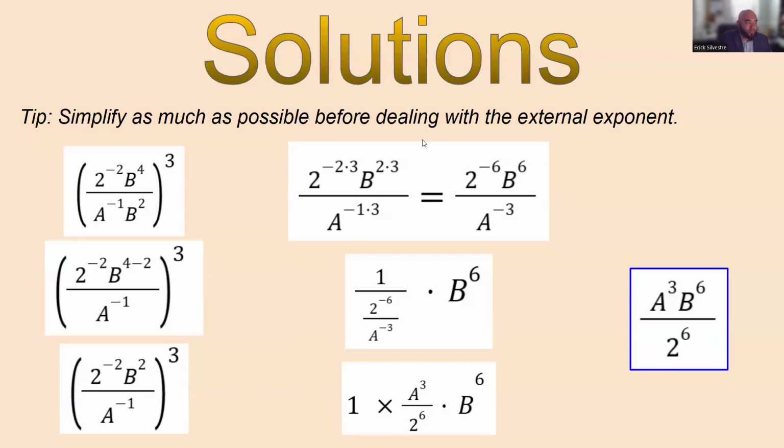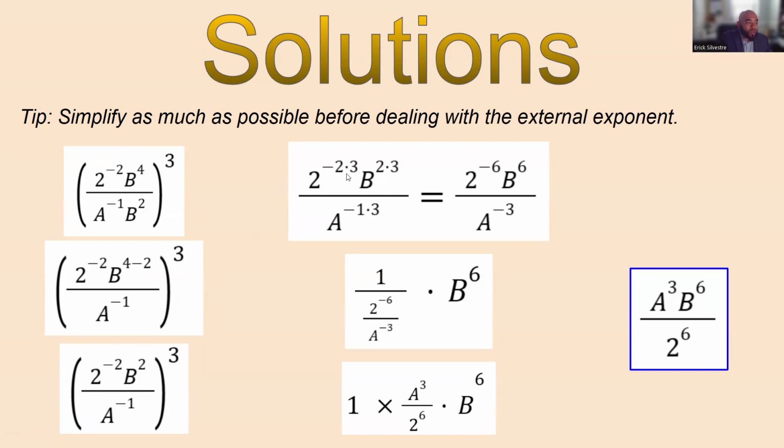All right, the next one. All right, you have negative exponents here. You also have b in the numerator and b in the denominator. That is okay. I'm not going to deal with the negative exponents right now. I'm going to simplify my numerator, simplify my denominator, and then I will simplify my quotient. The only base that is the same is b, so I could do the quotient rule saying b to the 4 minus 2. And then I'd say I have 2 to the negative second power, b to the second, a to the negative third. This is in the simplest form, so now I'm going to distribute my 3 to each exponent